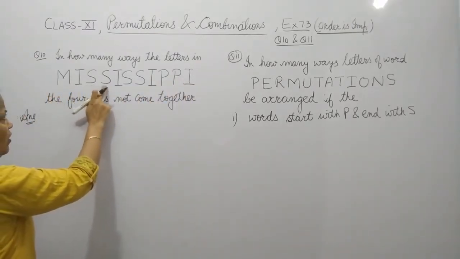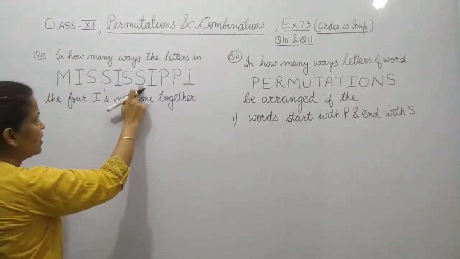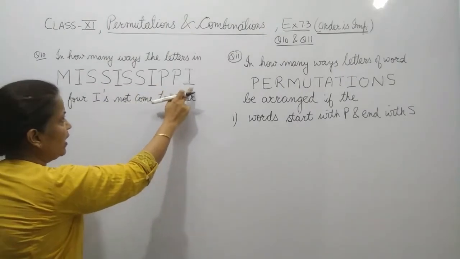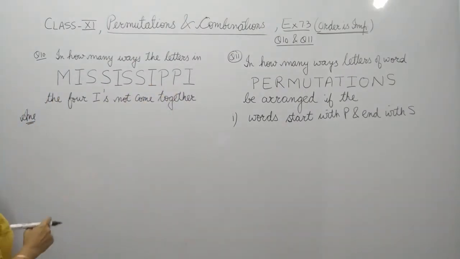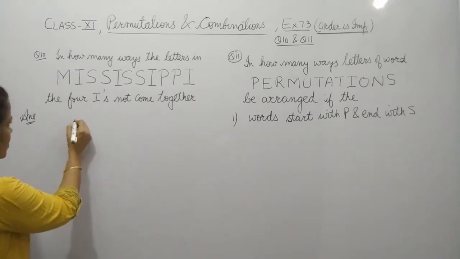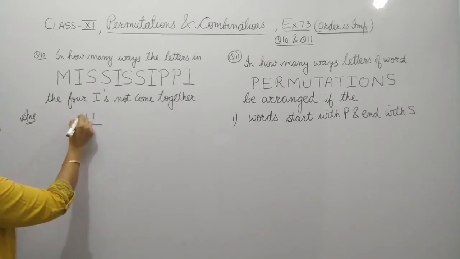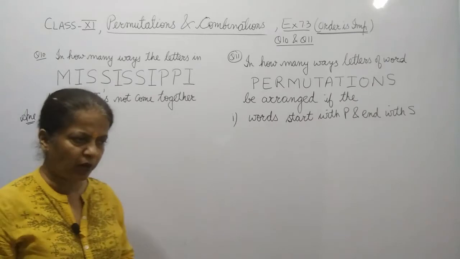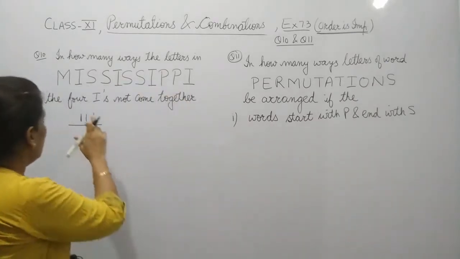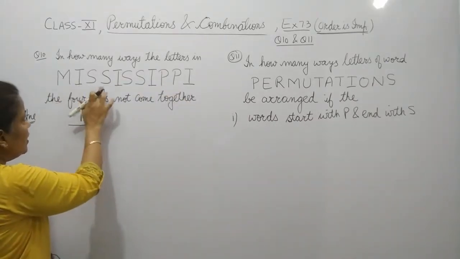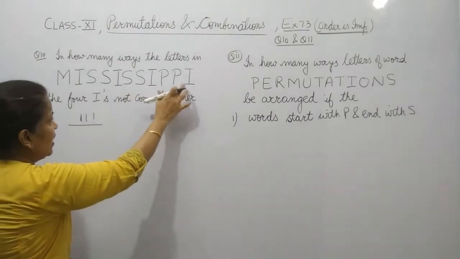1, 2, 3, 4, 5, 6, 7, 8, 9, 10, 11. There are 11 letters over here and we have to take all the letters together. So 11 letters. As we have done in the properties of permutation, if the letters are repeating,